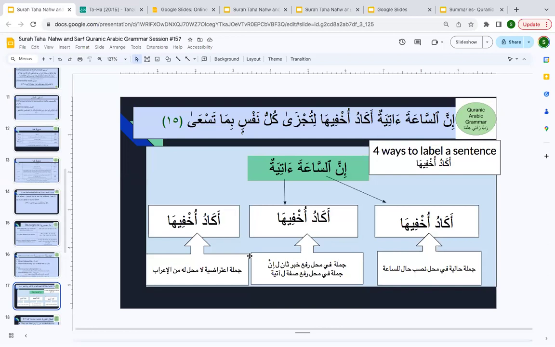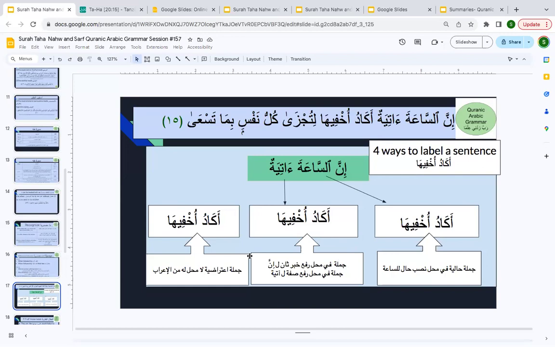Ha. When you come to akadu ukhfiha, and when you call it khabar for as-sa'ata, again you know that your mubtada and khabar, or your ismu kana and ismu inna and khabru inna must be in sync, right? When we call it khabru inna, and any mubtada and khabar must be in sync, right? Like the subject must match the predicate, right? And there are very few exceptions, and that is when the word that is coming up as a khabar does not conform. It is the same word used for masculine, feminine, singular, plural.